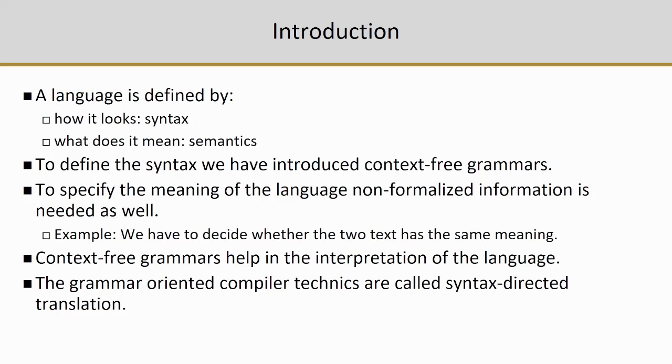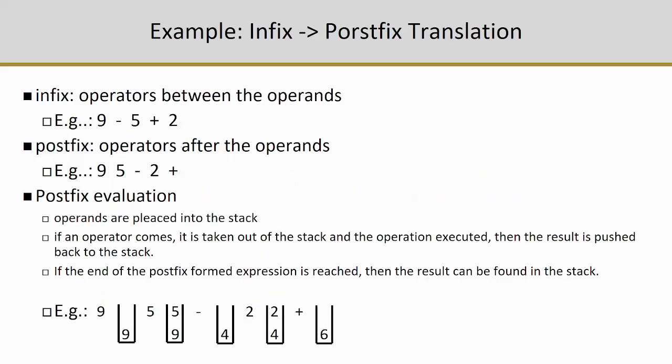And in the current phase, we are going to go further and check the semantics, so the meaning of the language, and produce some intermediate code as well. For example, a kind of translation can be the conversion of an arithmetic expression in infix form to an arithmetic expression in postfix form. The postfix form has the advantage of